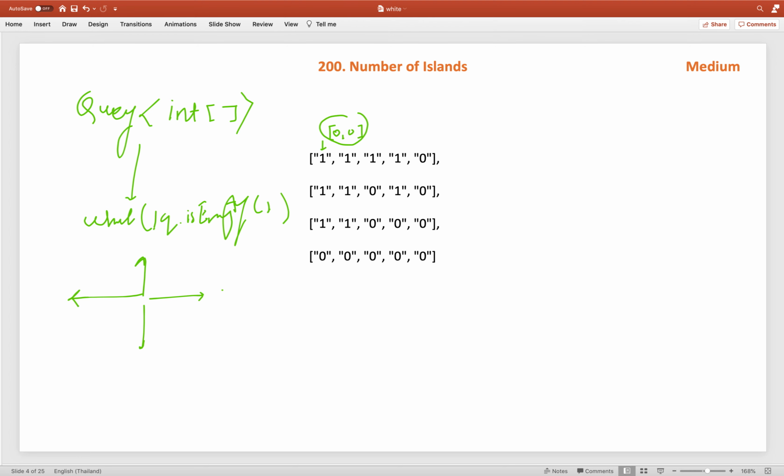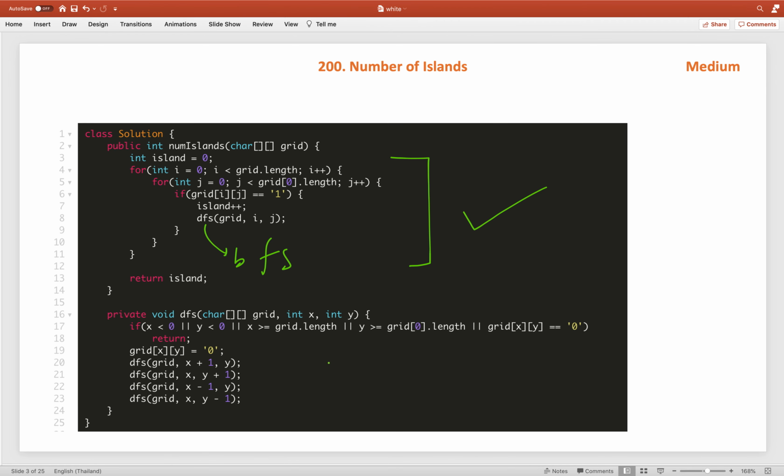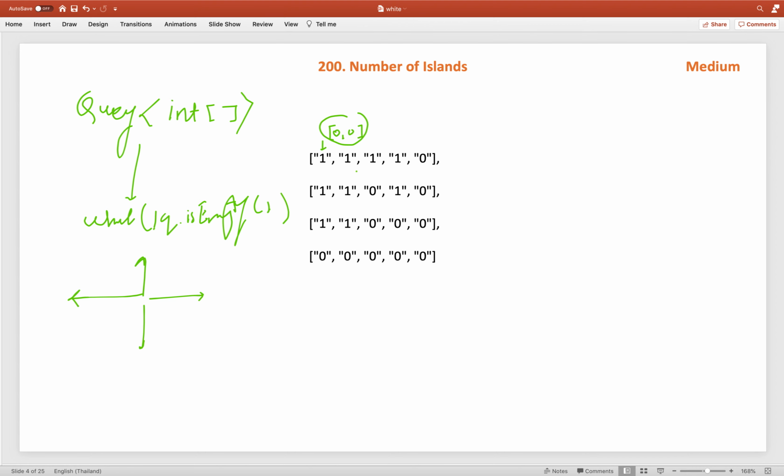If we find this coordinate is out of boundaries, or it is already visited, or it is not land, then we will keep continuing. Otherwise, if we find the coordinate which is 1, then we will add that new coordinate into our queue. So we will add that new pair of coordinates. In that case, let's say we will get this one, so we will add the array of pair 0 comma 1.